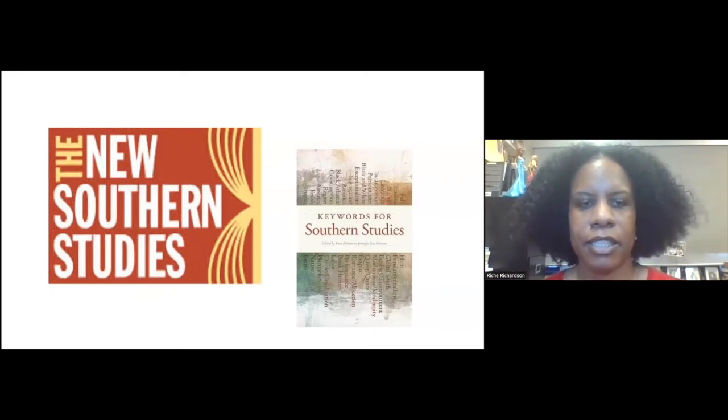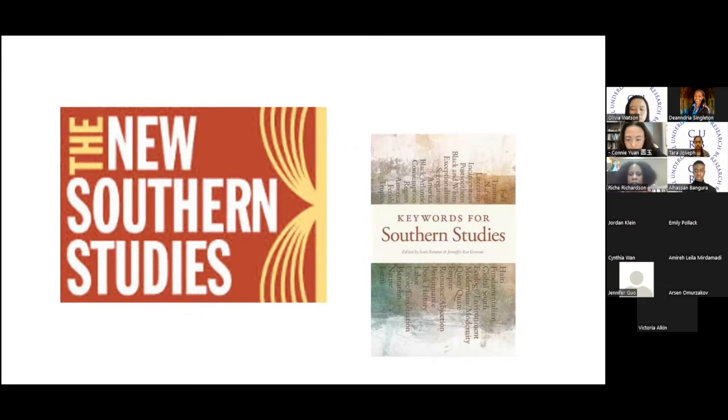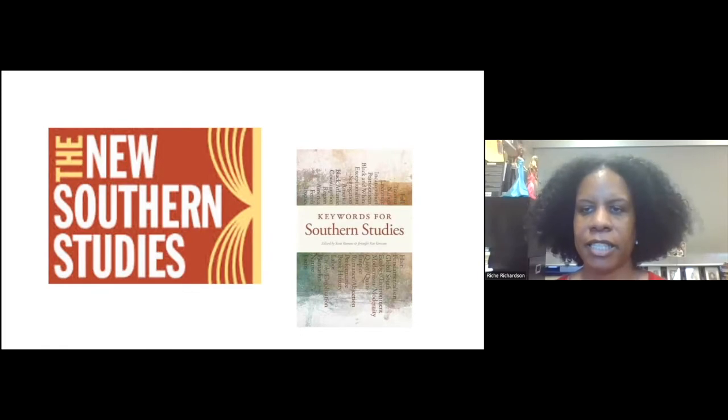This is a theoretical mode that was introduced by the scholars Houston A. Baker Jr. and Dana D. Nelson in 2001 in a special issue of the journal American Literature, which Professor Baker edited at the time. And it reflected an investment in thinking about the ingenuity that scholars were increasingly bringing to the field of Southern studies by looking at areas such as gender studies, studies of race, sexuality, and taking more nuanced approaches to region as well, and also increasingly divesting from the conventional approaches to Southern studies premised narrowly on